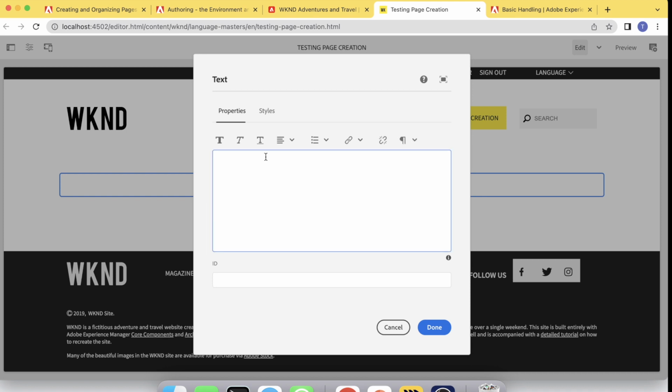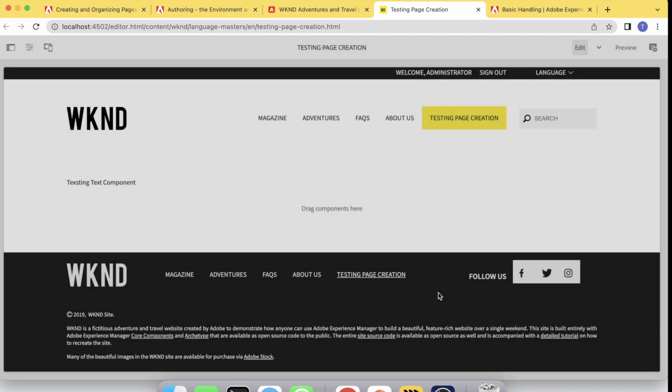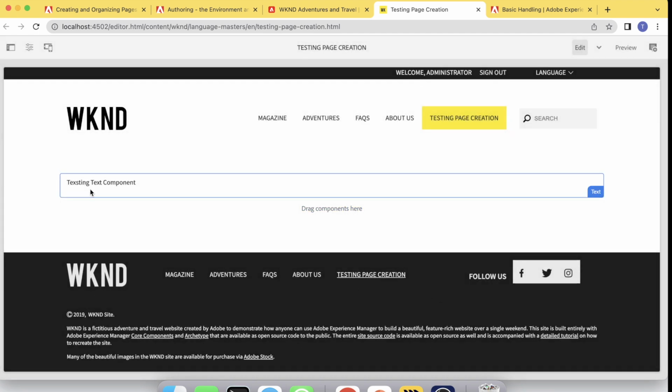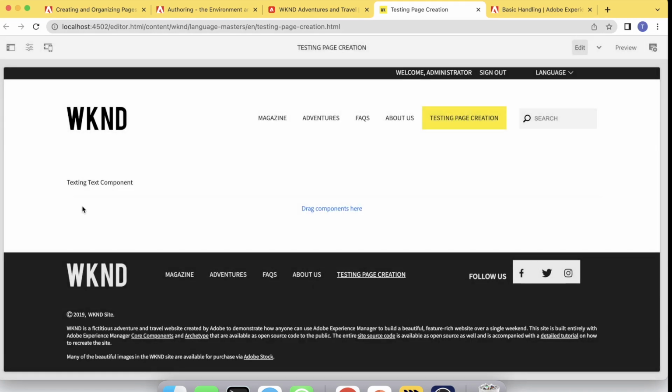Let's say just some testing text component, and you can give id as 123, and you can give any styling if you want to have a default styling, and paragraph is like paragraph small, large, or something. Then you just click on done. You can see that the particular text which I have given in this dialog has been populated